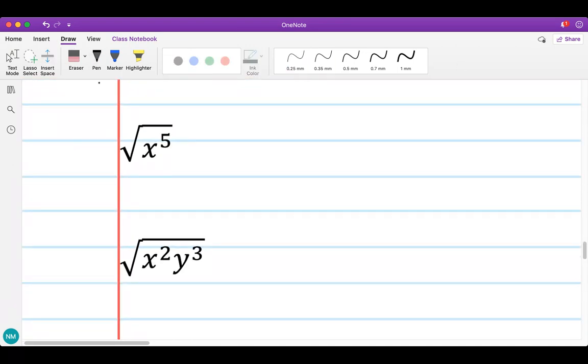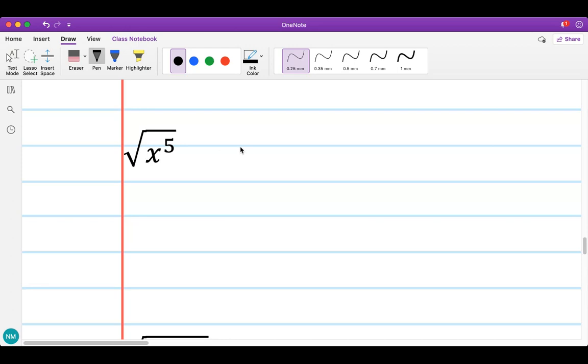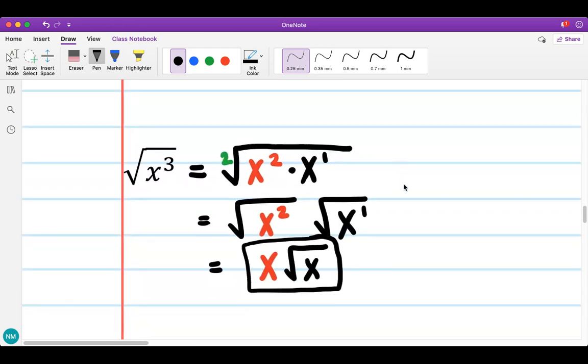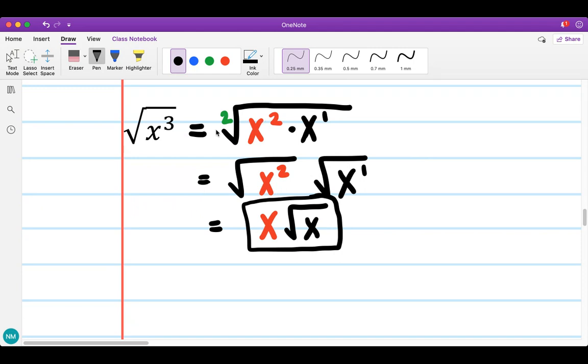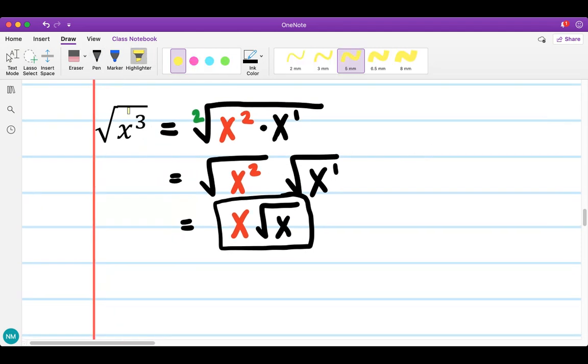Okay, so if I have x to the fifth. Wait, hold on. Before we do that, one thing I want to show you is the division issue. The division aspect here also works. Notice I have a 3 here, and I have a what here? We've said it a million times. 2, right? So if I do that dividing portion, where I have 3 divided by 2, x to the